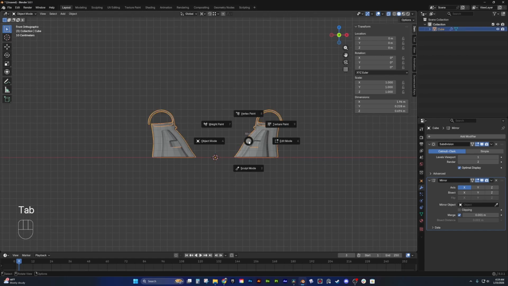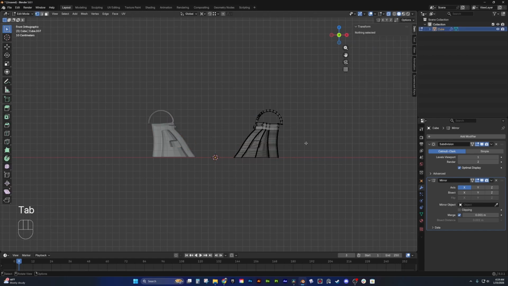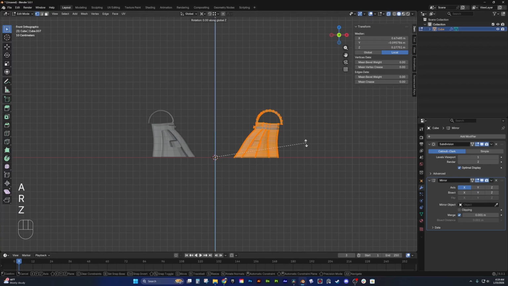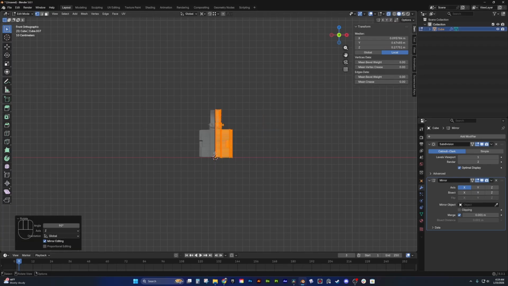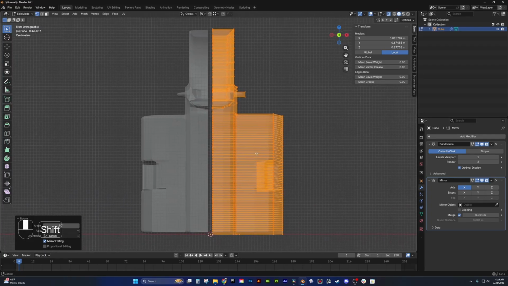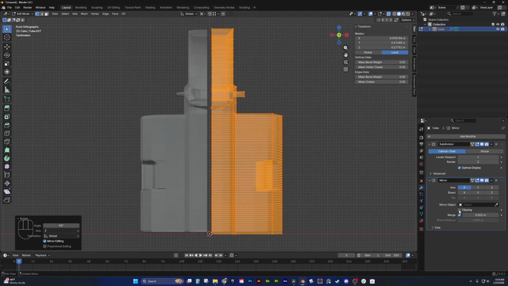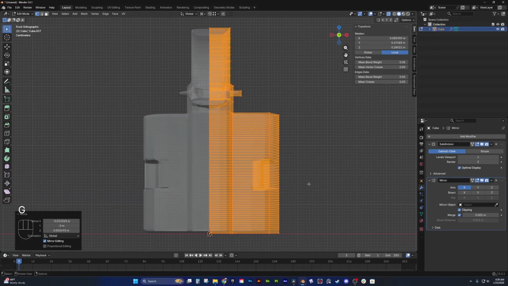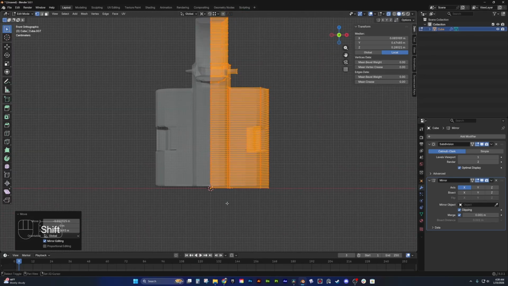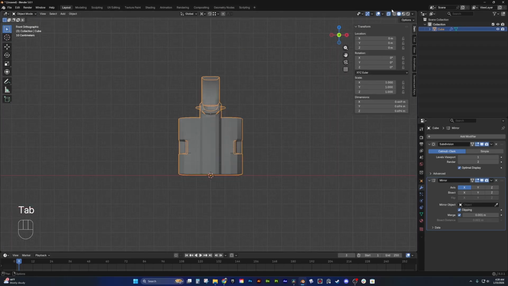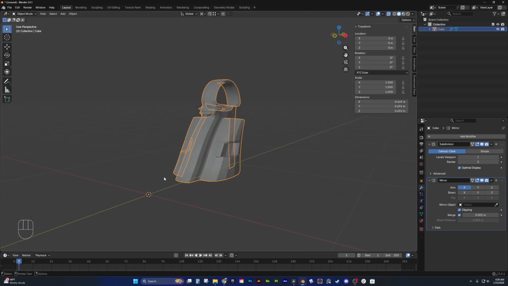So if I select my object and then go to edit mode, I can select everything and rotate it on the Z axis by 90 degrees. And it did it by the 3D cursor, so it brought it really close to the center. Now with this mirror modifier on, if I click clipping, I can bring it together and these vertices will nicely conjoin together. So one thing I want to make sure is that the transforms are zeroed out,